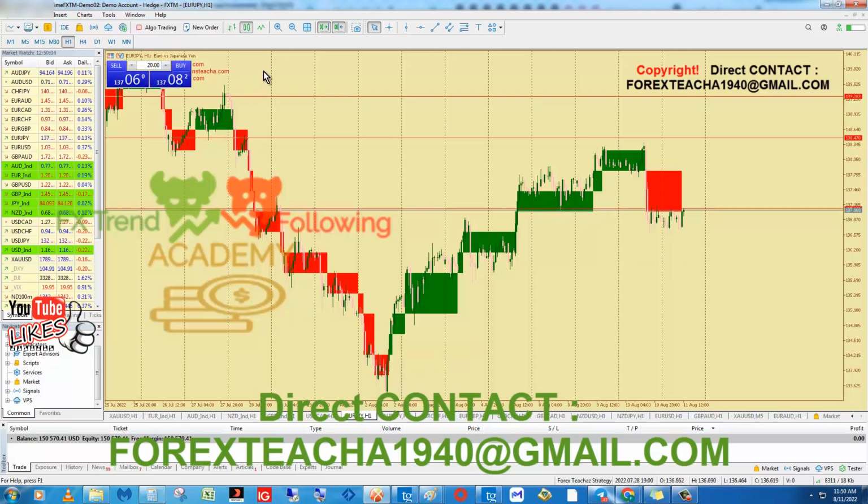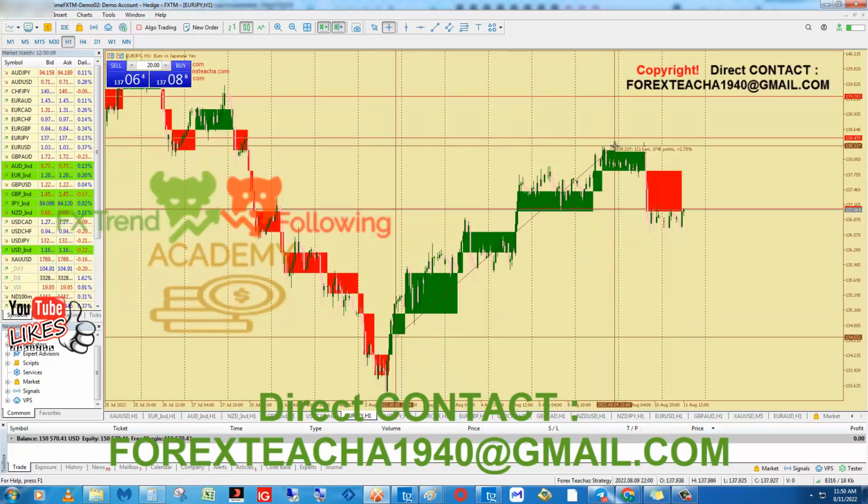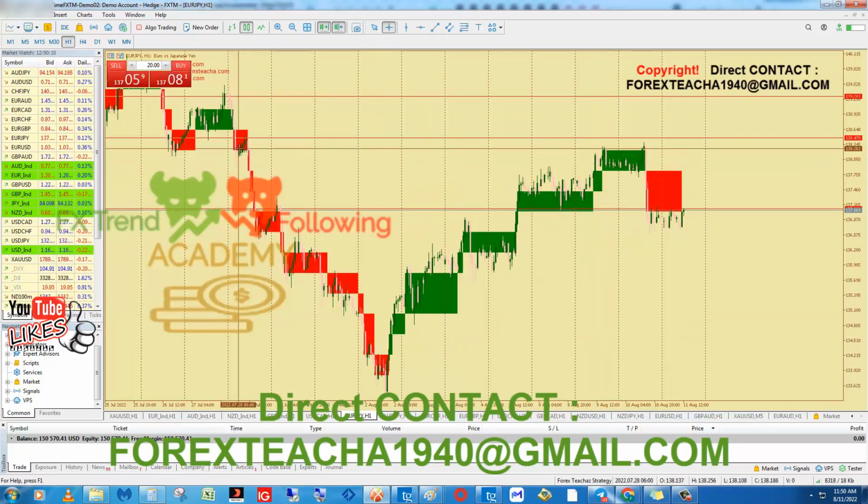I think this is about 375 pips. Another monster win right here, 485 pips. So even if I lose this one, it doesn't matter, because you can see the profit potential is also there. You can also, let's say you are trading